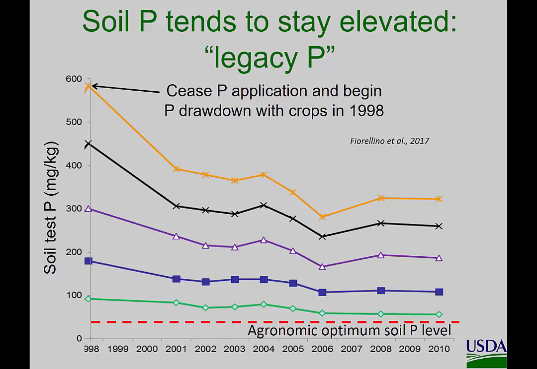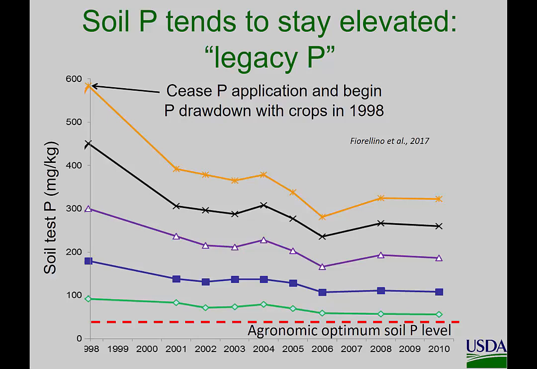Here's an example. This is Maryland data. They artificially built up soils all the way up to 600 milligrams per kilogram of Mehlich-3 phosphorus. Cut off phosphorus applications. Put it in a corn, wheat, beans rotation and measured drawdown. Harvest it, take it off, and measured how long it took for the phosphorus levels to go down, and it takes decades. I think in the recently published paper, with Mehlich-3 levels of around 400, it was, if I remember correctly, an estimated 20 to 40 years to come back down to agronomic